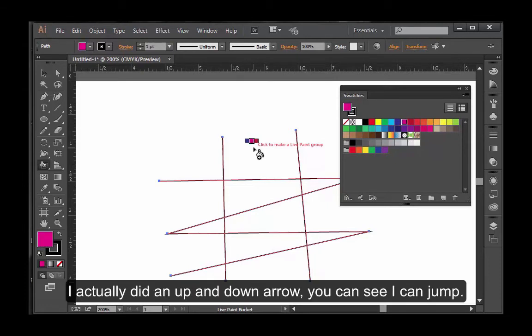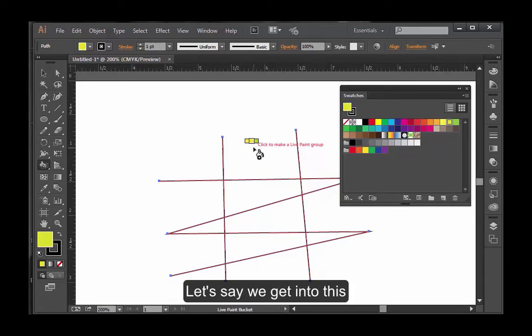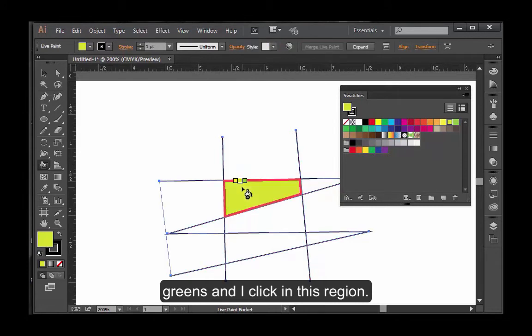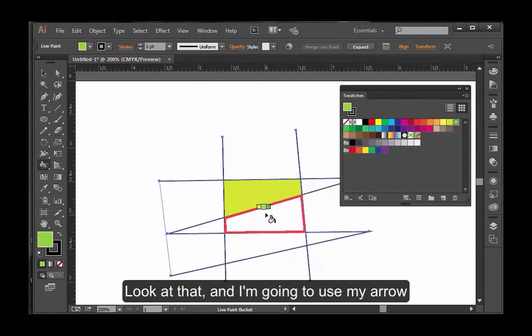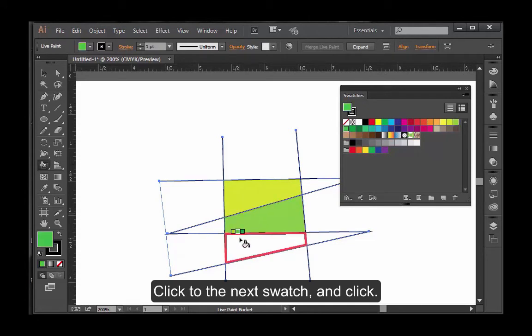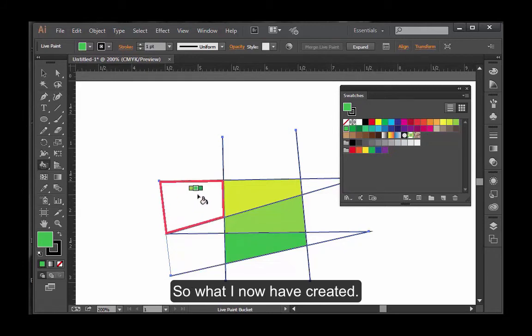And I actually did an up and down arrow. You can see I can jump. Okay, so let's say we get into these greens, and I click in this region. Look at that, and I'm going to use my arrow key to navigate to the next swatch, and click. Click to the next swatch, and click. So what I now have created,